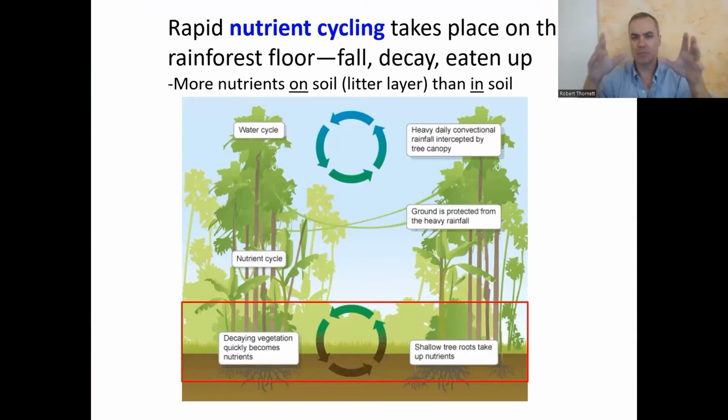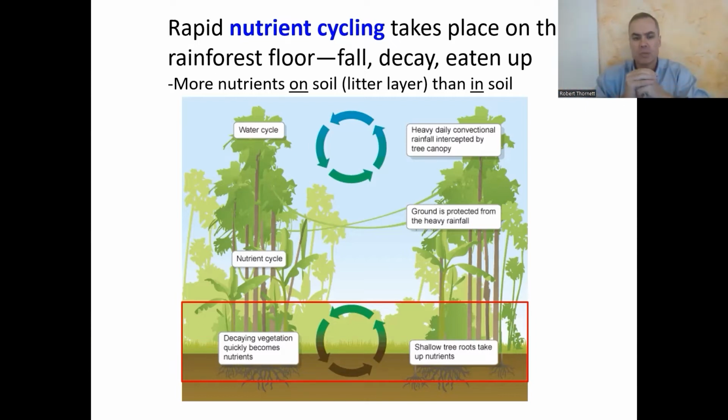We call that rapid nutrient cycling. It means that when nutrients fall down from dead leaves and dead stuff onto the ground, they get decayed extremely fast. Remember, it's super humid and there are tons of decomposers there. It's broken down and then taken right back up again by the roots of those plants, where those buttress roots are sweeping out sideways, getting nutrition off the soil.